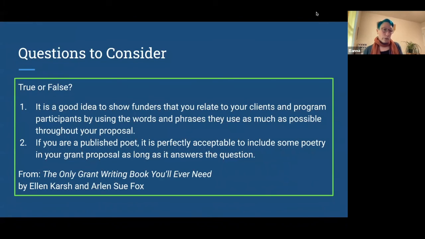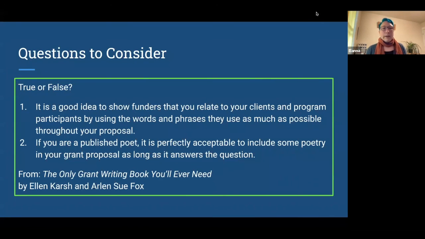You want to give a clear representation of the people you're serving to humanize them. And you might include their language through testimonial, but you don't want to necessarily use the language that they use within the proposal that you're writing, because your proposal should be a genuine representation of how you want to serve the people your project is meant to reach.